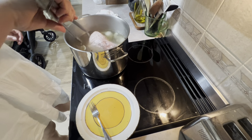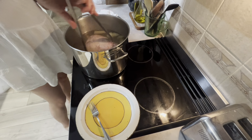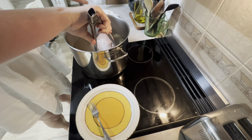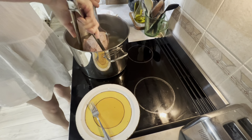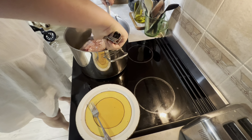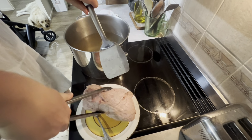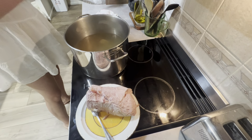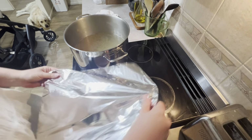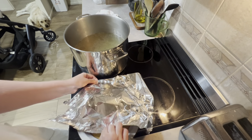you want to put in your standard stock ingredients. So I put in an onion, some bay leaves, some celery. I also put in a whole bulb of garlic, a carrot, some peppercorn, and also some cloves. And then you let that simmer. I let mine cook for 2 hours, which is the usual recommended time, before obviously removing it from the stock